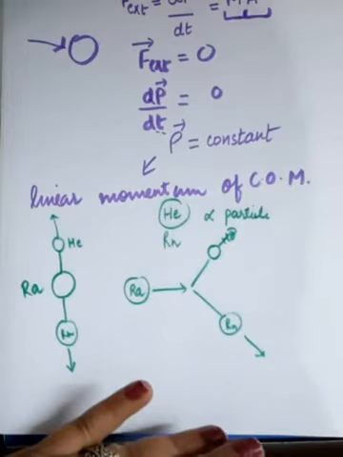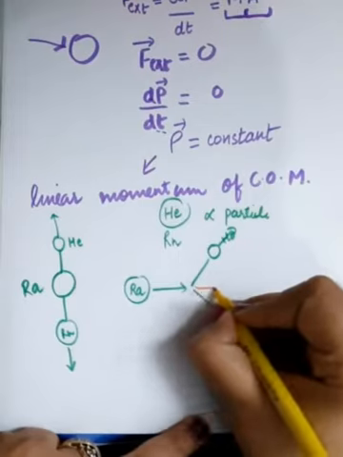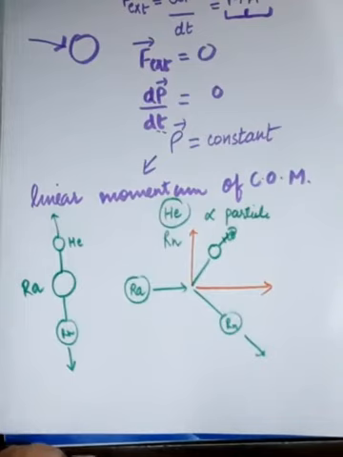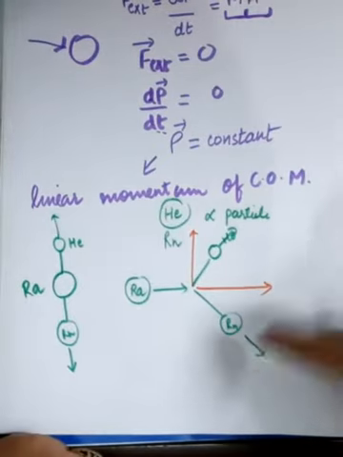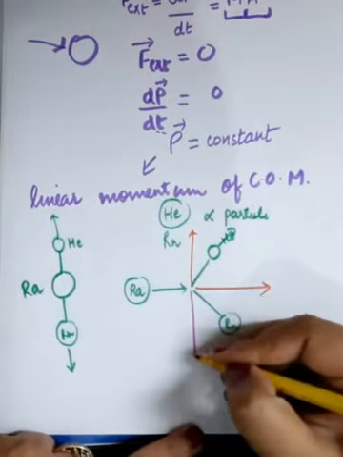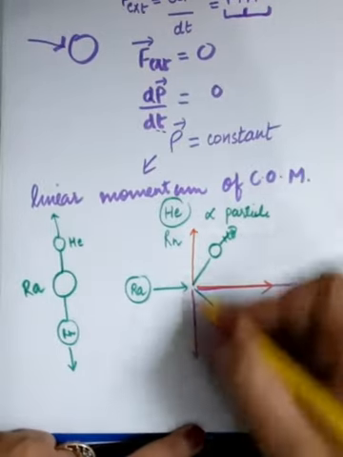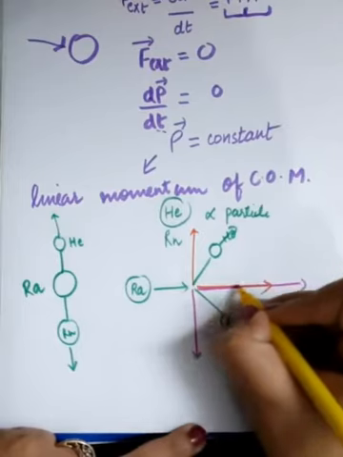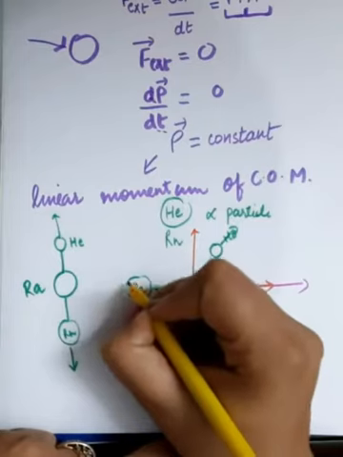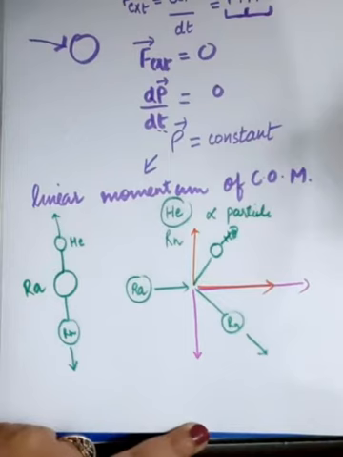I'll tell you why. Because if this is the linear momentum along this direction, you can resolve it into two components, one along this direction and the other along this direction. And if the radon nucleus is moving along this direction, you can again resolve the components. So in total, these are going to be cancelled and this will be the resultant momentum, which is the initial direction of movement of center of mass. So this is conserved.